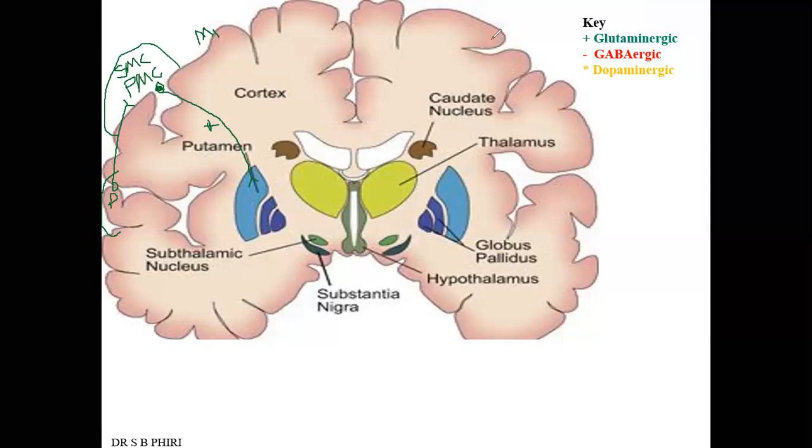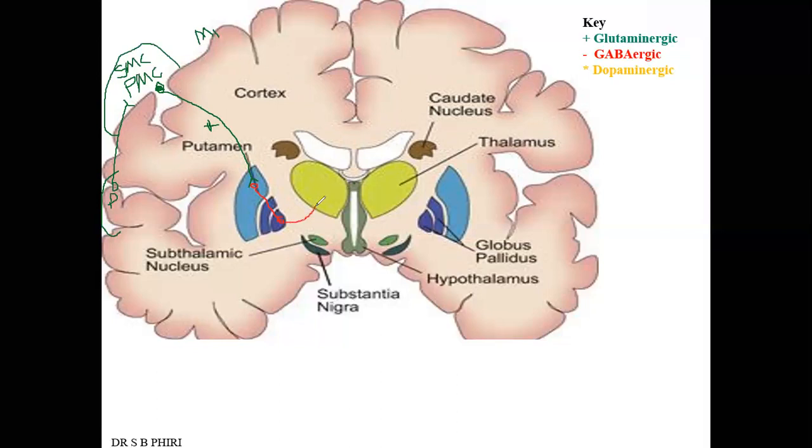And the medium spiny neurons of the striatum are mainly inhibitory. So this neuron that is starting from here is projecting to the globus pallidus internal part. This is the direct pathway. From the globus pallidus internal part, we also have an inhibitory neuron that is starting from here. So the cell body is here, then it's projecting